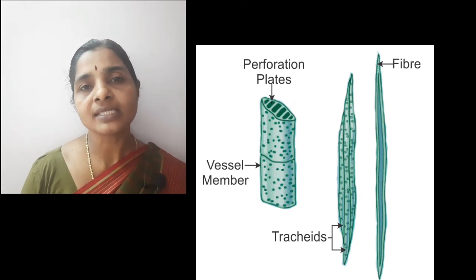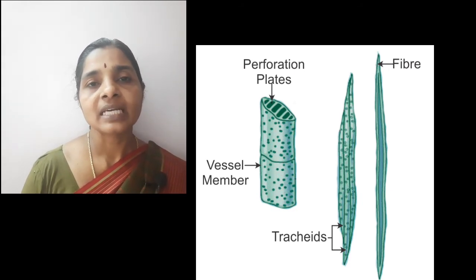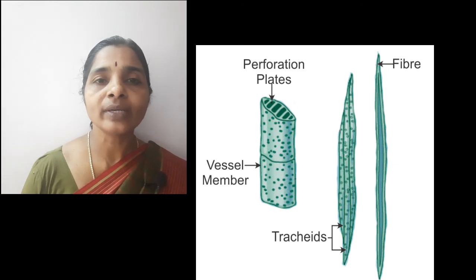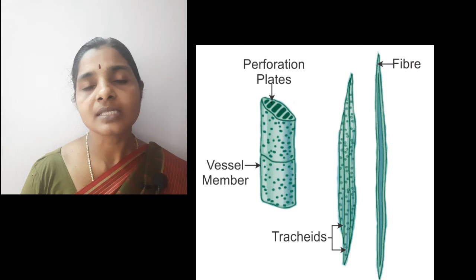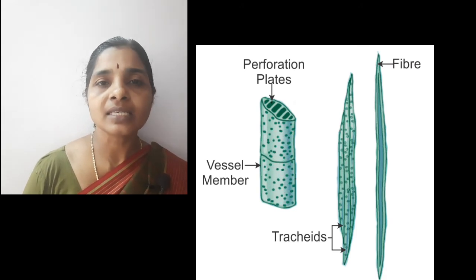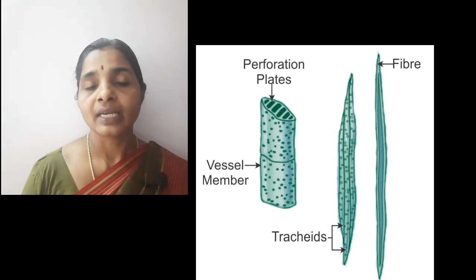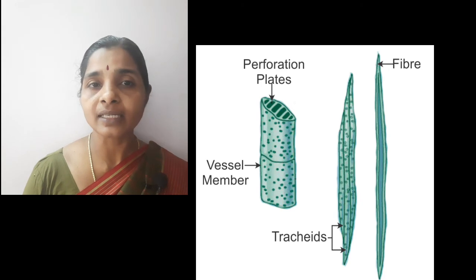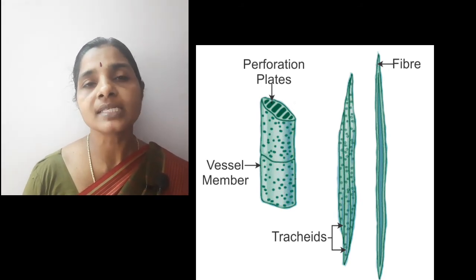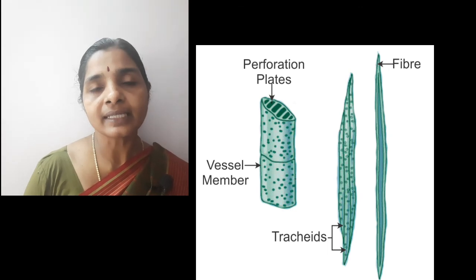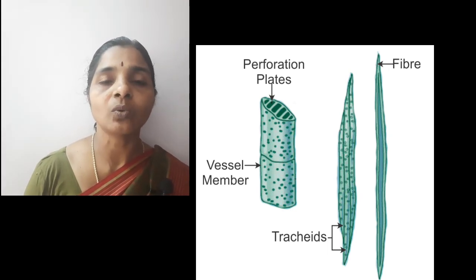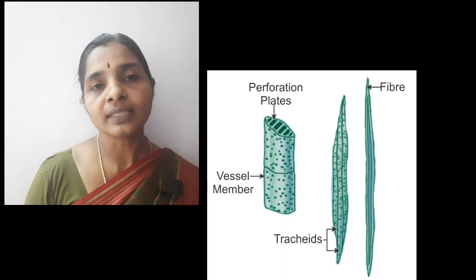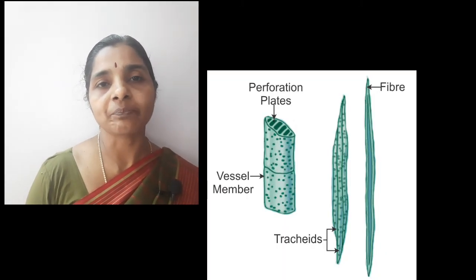The next element is xylem vessels. These vessels are also elongated, thick-walled cells. The cells are dead and these cells also possess pits. The tracheid cells are also dead, with tapering ends. Both tracheids and vessels conduct water and minerals upwardly. Then the third element is xylem parenchyma.